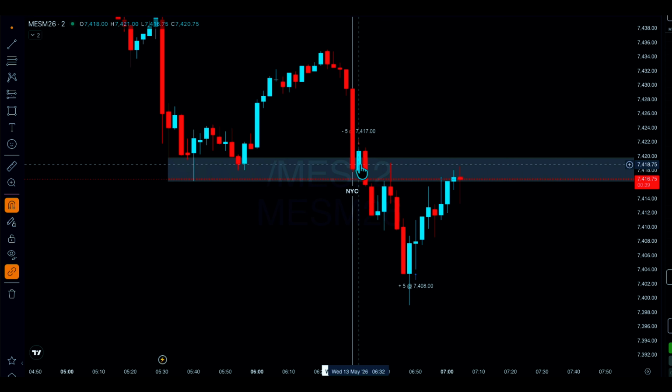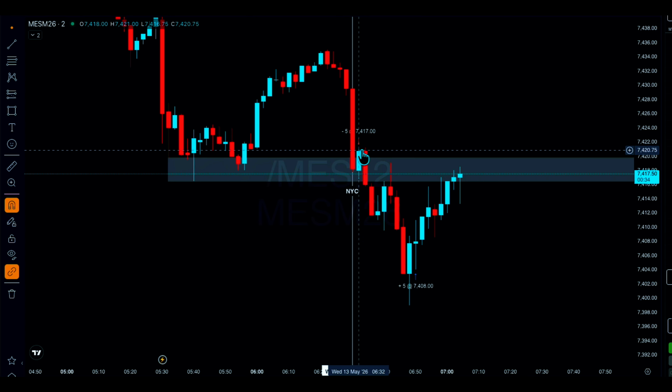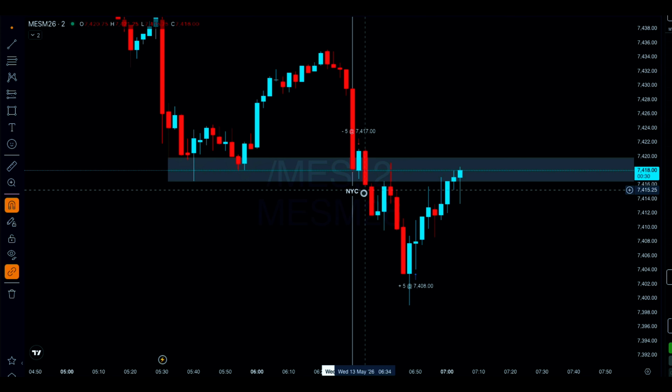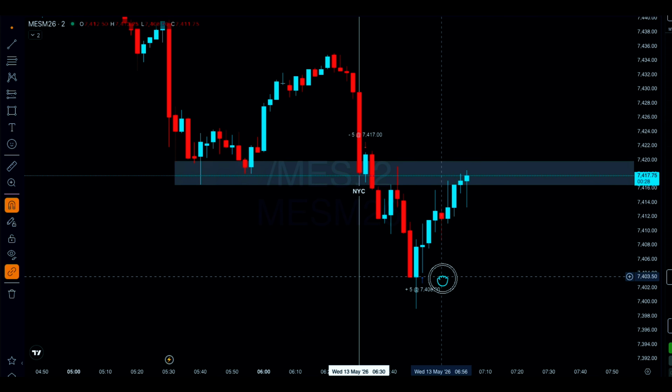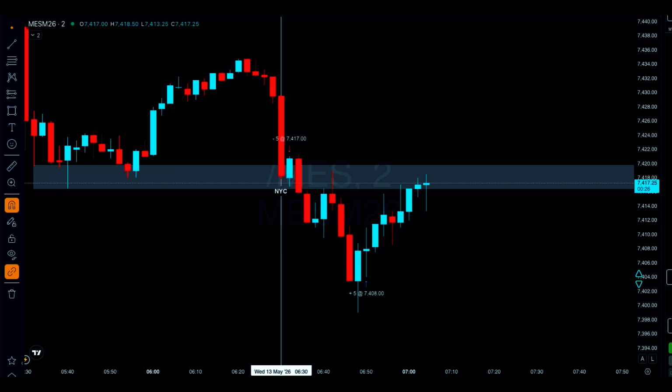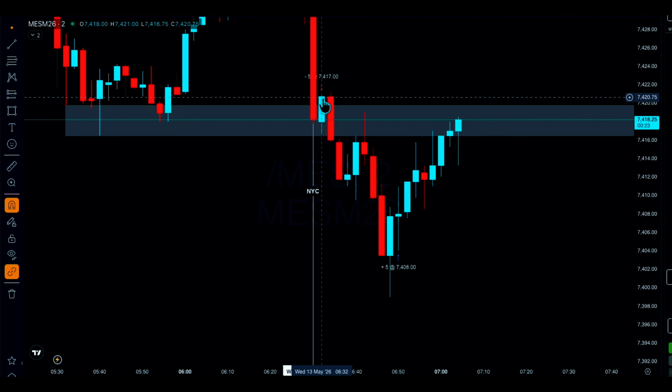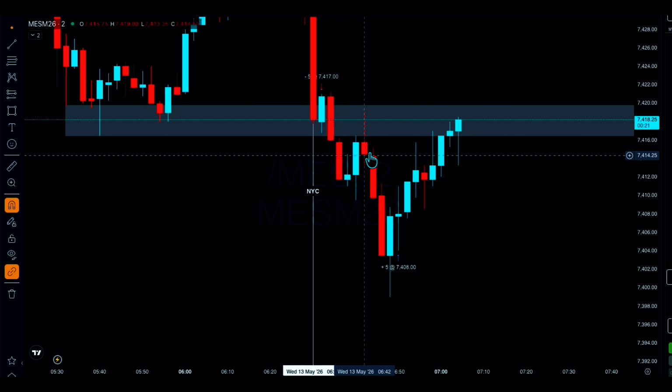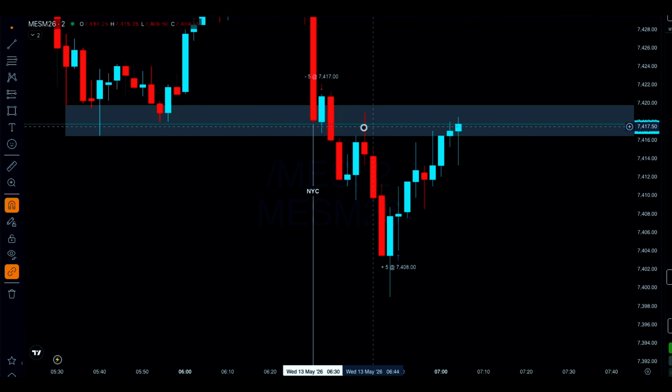So on the next little bit of a pullback here, I decided to enter 5 contracts. That's how simple it is. Break of structure to the downside, entering on a pullback, retest entry, nice sell off to downside. Now, there are even a couple areas you can enter as well. You can even see after it does do a major breakdown, another pullback where you could possibly enter some more